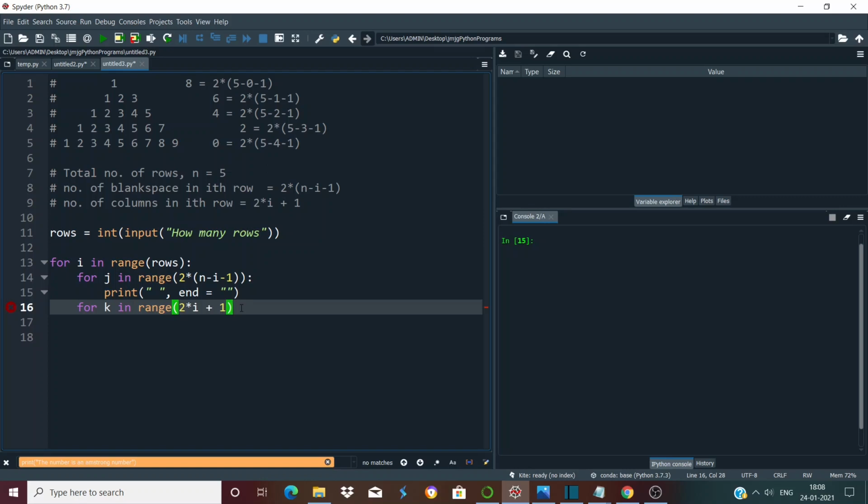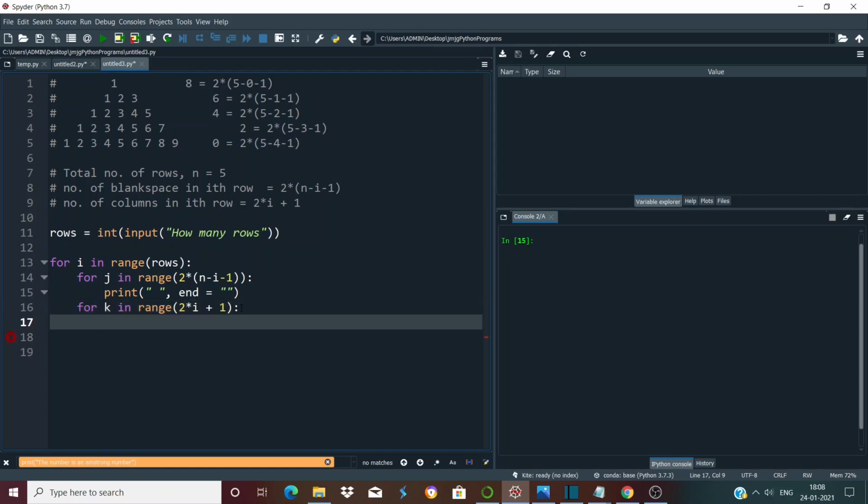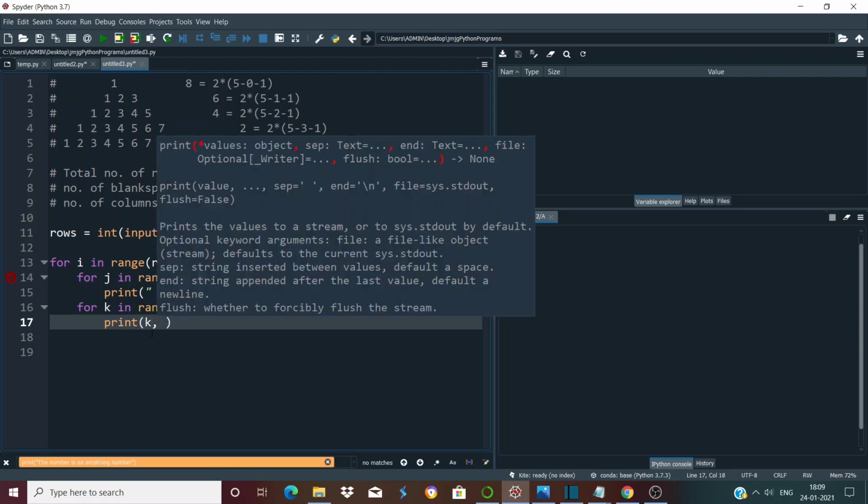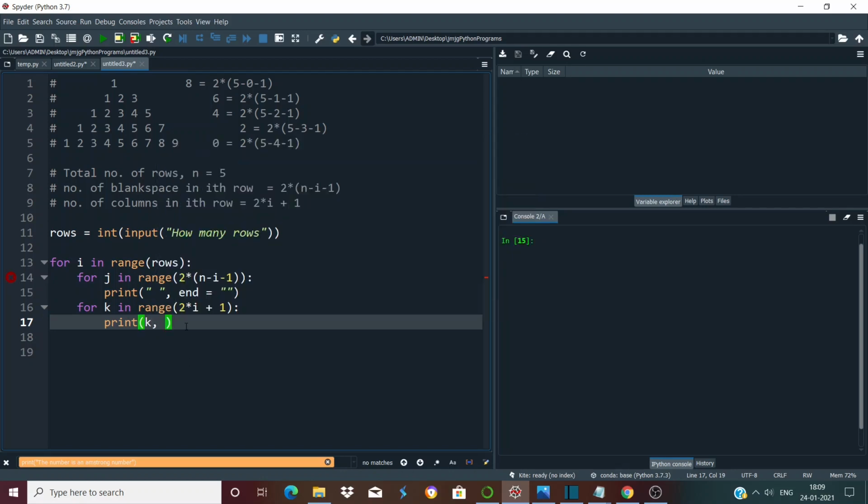And inside this we will print k, and in this case what will be the value of the end parameter? We want to print a blank space after printing each element, right?